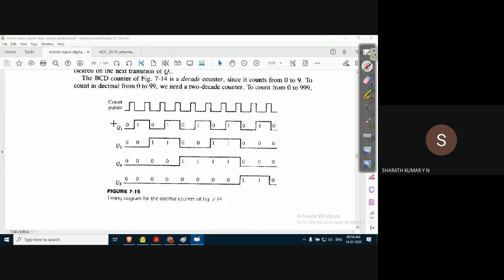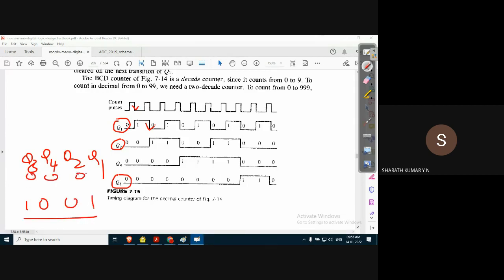Since it is a BCD counter, on the application of a negative edge of a clock pulse, Q1 will change the state, and when Q1 goes from 1 to 0, Q2 will change the state. And if you observe, Q4 is actually Q8, meaning its position is 8, like Q8, Q4, Q2, Q1. So this should be 1001, the final count of 9. 0000 should be the initial count. That's what is written as Q8. When the Q8 output, that is the output of the fourth flip flop, goes from 1 to 0.